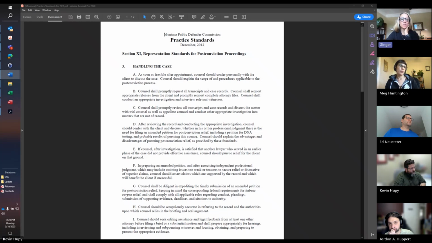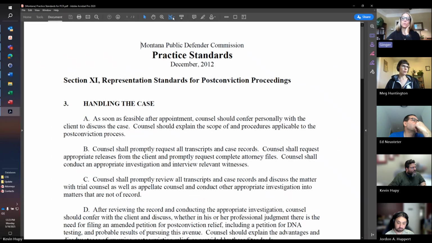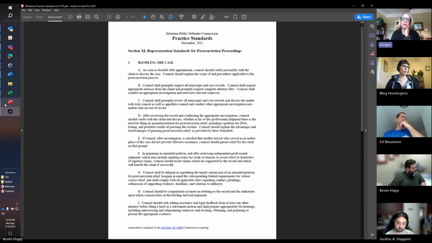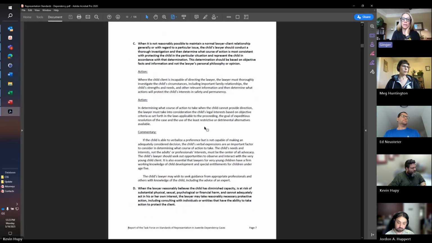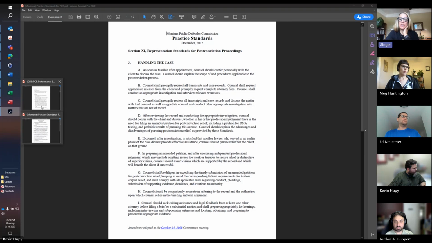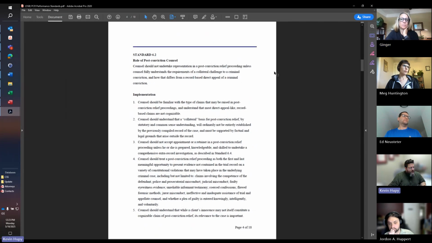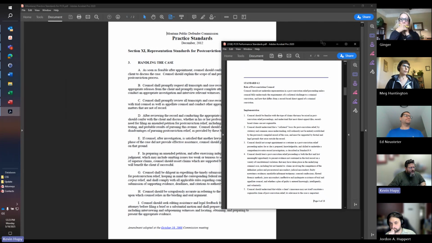Okay, so the Montana one doesn't have any of the information as far as I can remember, and just looking at it briefly, it doesn't have any of the information contained in standard 6.2. So let's look at 6.2, with the addition of paragraph 3 from 6.1, and see if we want any of this information in the Montana one. Okay, let me see if I can put these